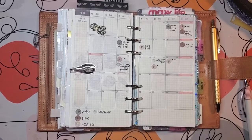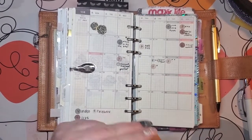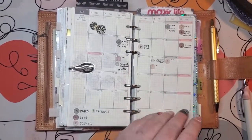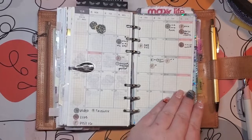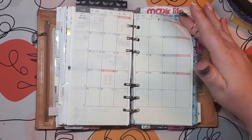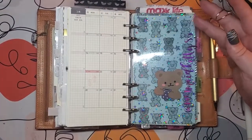I'm using some dots. I added Facebook to it, and I just follow it. So I'll go back and look at my log, because sometimes I miss some of them, and then I'll put it in just so I can see how I'm doing. I don't track subs or anything because I don't want to get too competitive with myself. Anyway,